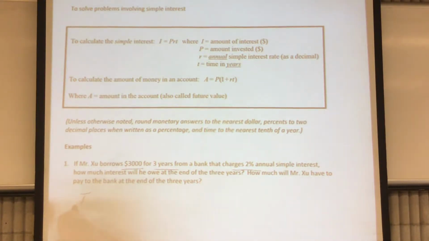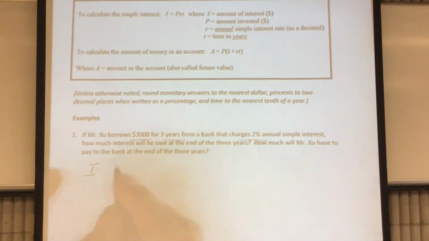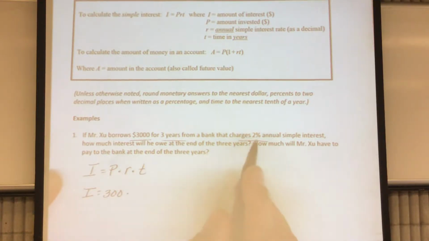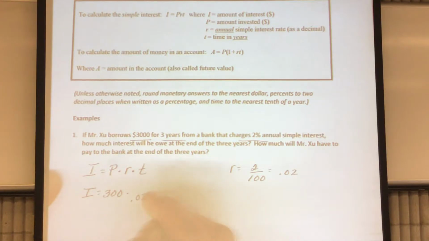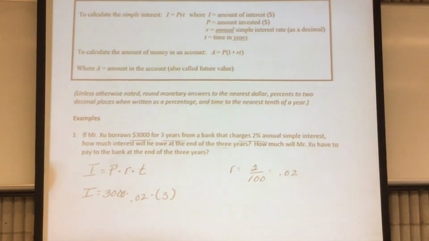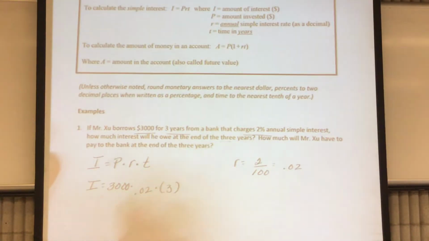So let's first find the interest. And the formula for interest is I equals principal times the rate times the time. So we have I equals the principal of $3,000 times the rate, and the rate of 2% needs to be changed into a decimal. So we divide 2 divided by 100, which is 0.02. So times 0.02 times the time, and the time is 3 years. So 3,000 times 0.02 times 3 is equal to